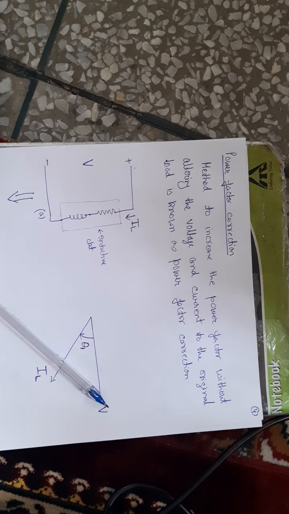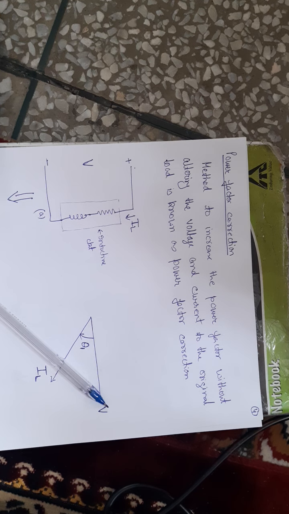If more current flows in the circuit, there will be more drop in the line, because these transmission or distribution lines have some resistance and reactance. Because of this resistance and reactance, there will be some loss in the line as well. If the current is increased, the I squared R and I squared X drop in the line will increase, which leads to loss of power. The utility is not paying for that loss; the consumer is finally paying for it.